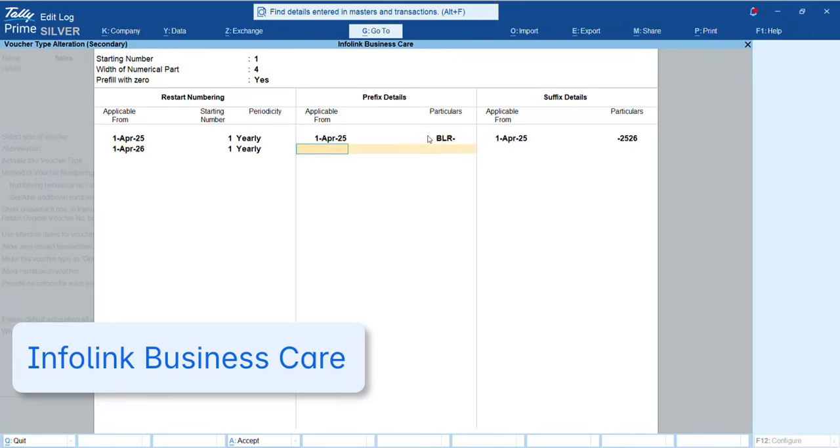Similarly, under prefix details, I will mention the new financial year date and set the particulars as my required prefix. Similarly, under the suffix details, I will set the particulars as the required value, that is 2627,